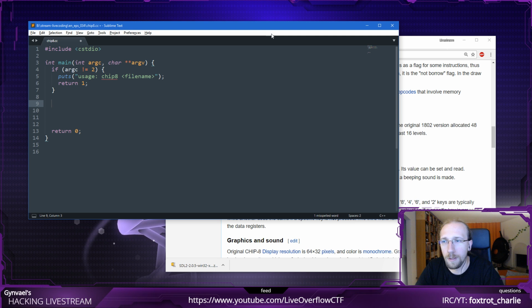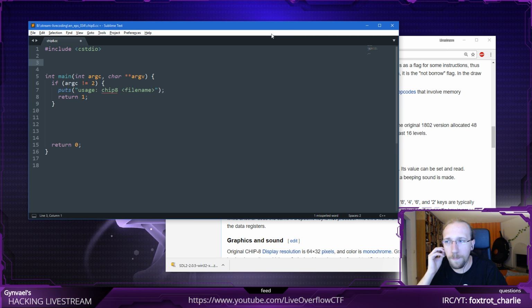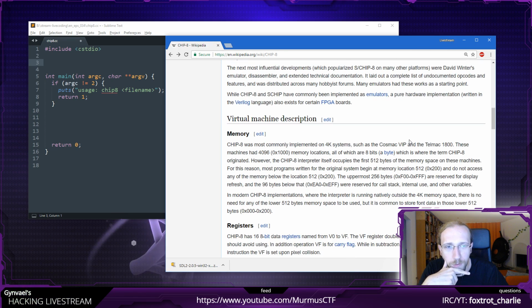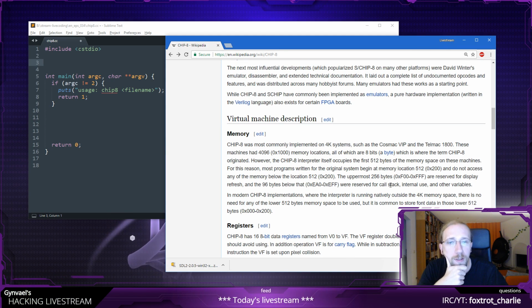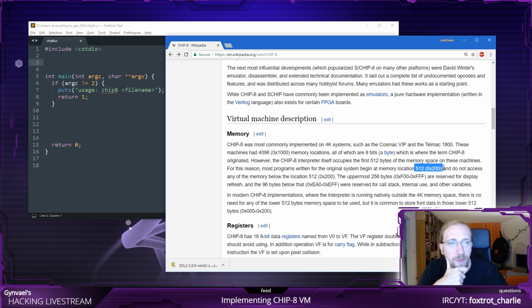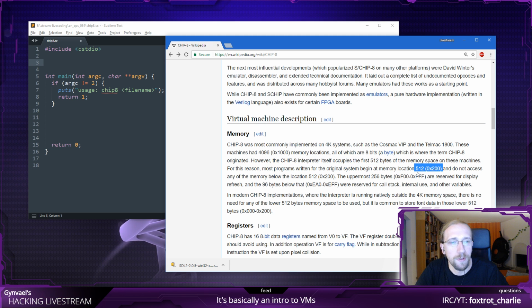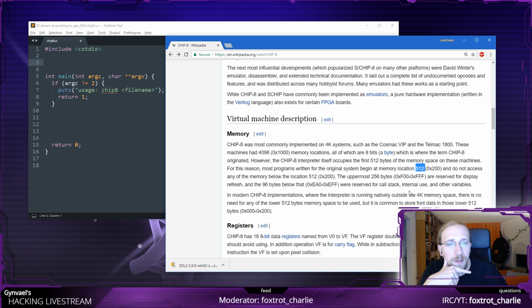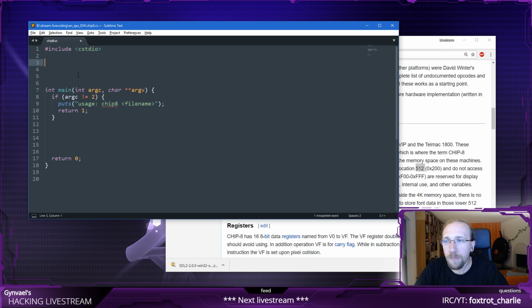And then I need to open it. Does it say actually that I need to place the program in memory? Probably yes. Most programs written begin at location... Okay, so I need to put them in this. I wonder if I need to put them at the 0, or do I need to put them here? Well, I don't know. Okay, that doesn't matter yet.